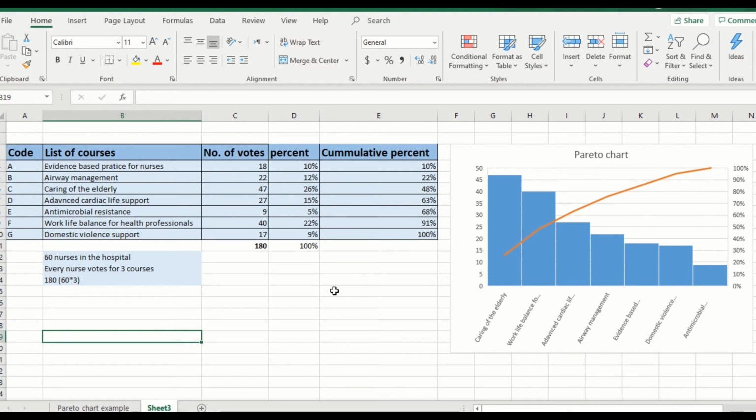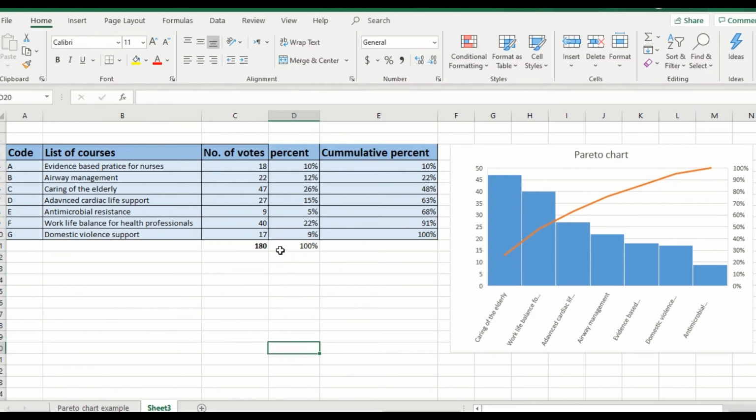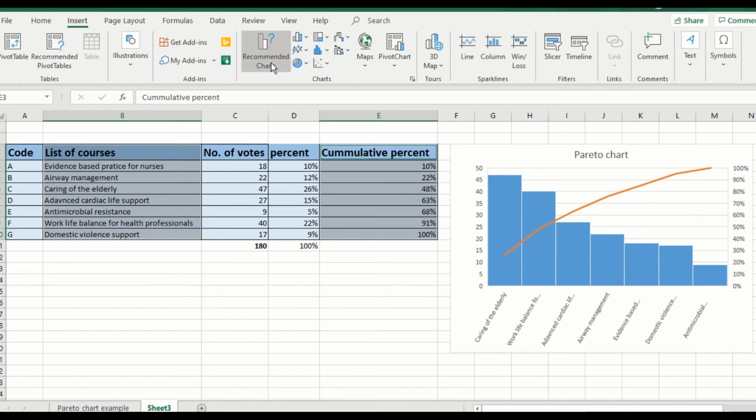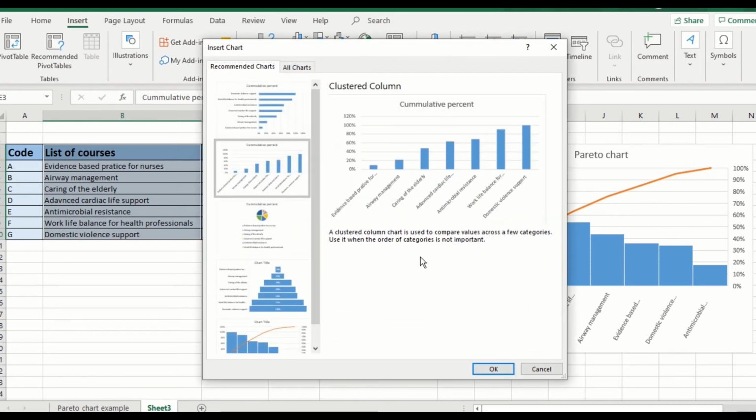Now, before going ahead and explaining the Pareto chart itself, let's do some experiments on the table so that you will understand better how the Pareto chart works. First of all, let's delete this data for now just to save some space. Okay, now let's use the same list of courses and the cumulative percent column, and we'll insert a chart for them to show us